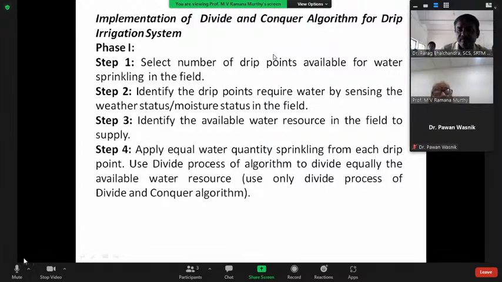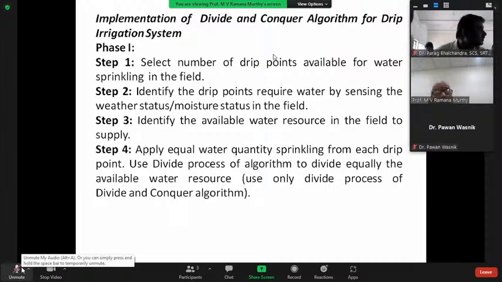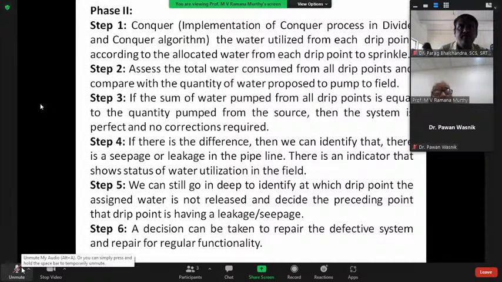The second step is to assess the total water consumed from the drip points and compare it with the quantity of water proposed to be pumped to the field. The next is: if the sum of water pumped through the drip system is equal to the quantity pumped from the source, the system is correct. Otherwise, the system is